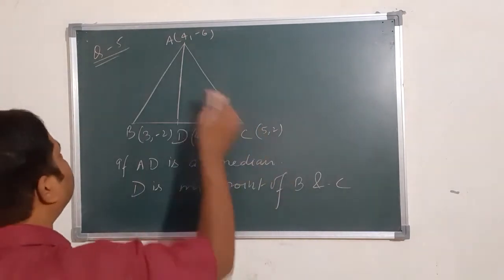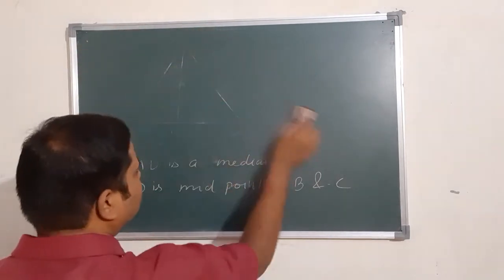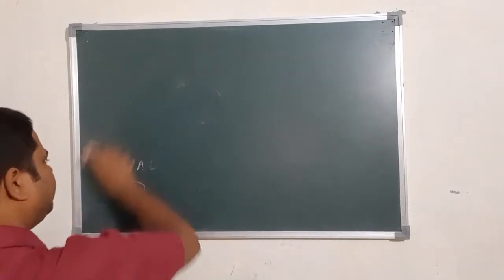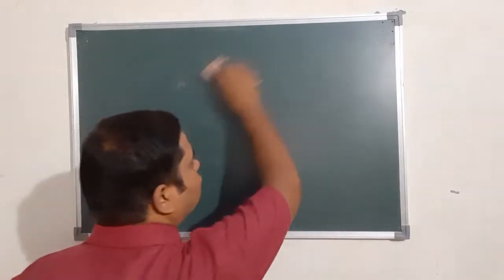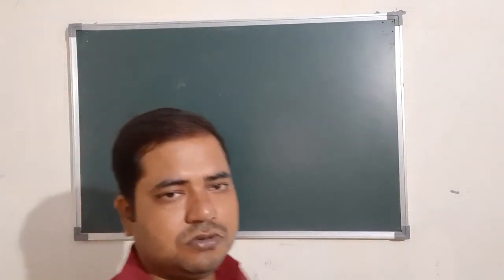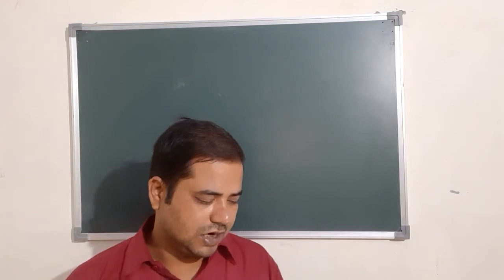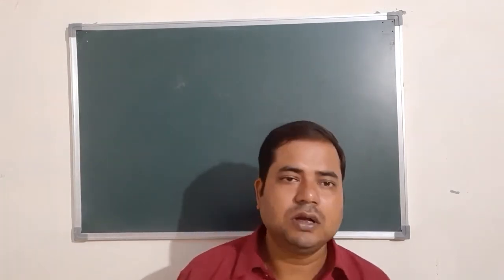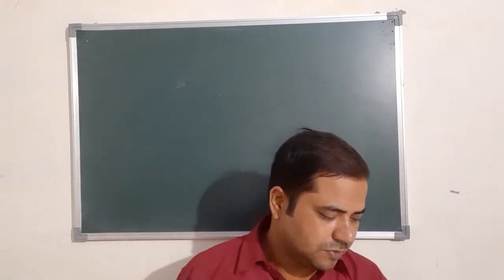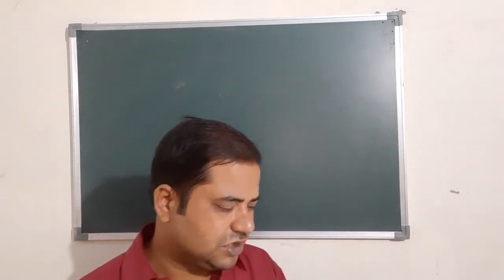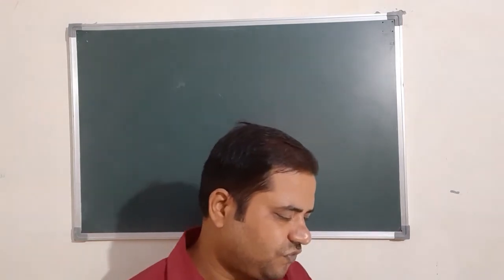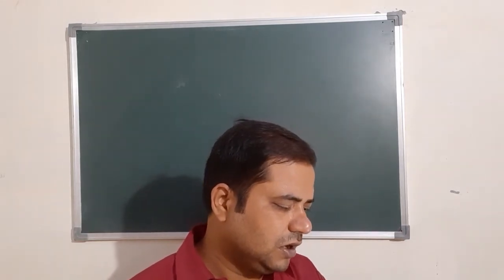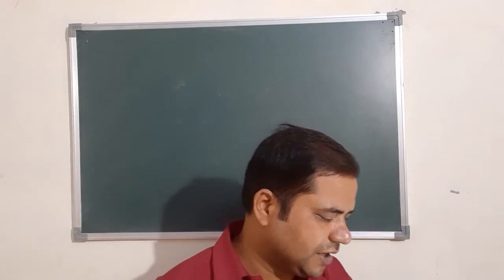Exercise 7.4, optional question. This is for the students who want to solve it. That's your choice, but some students would like to solve it, so that's why I am going to give the hint for these questions. Determine the ratio in which the line 2x plus y minus 4 is equal to 0 divides the line segment joining the points A (2, -2) and B (3, 7).